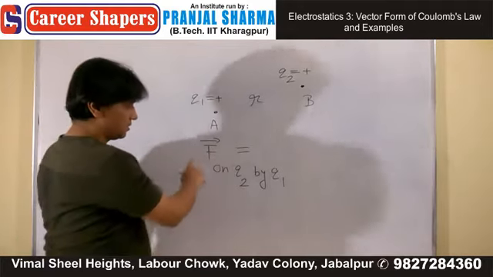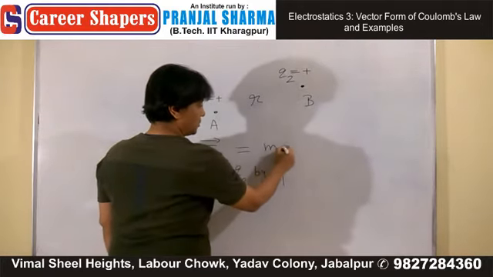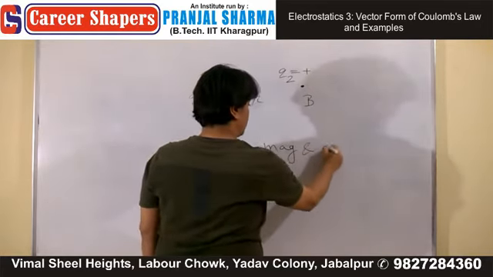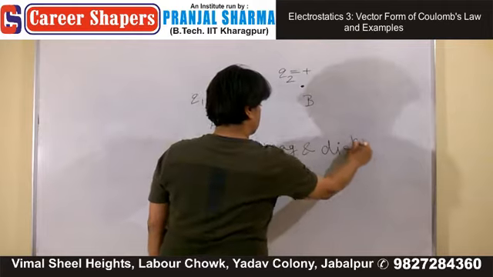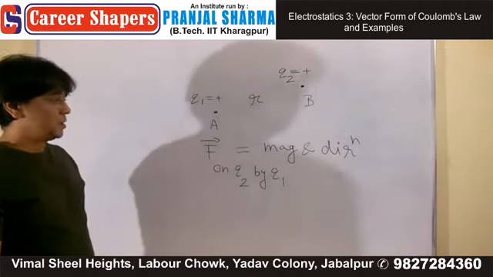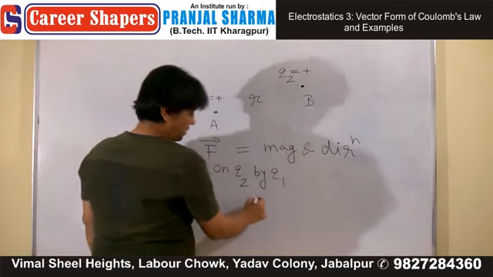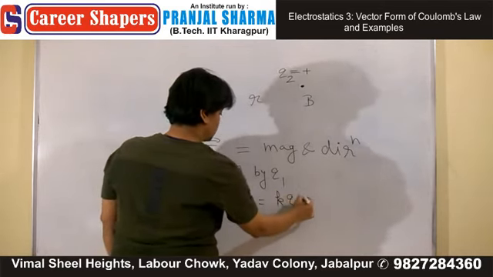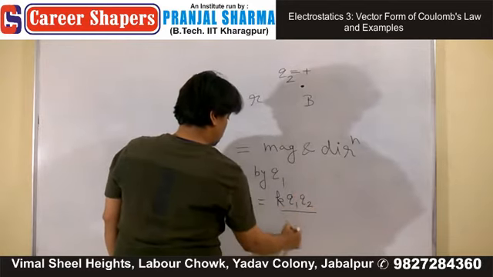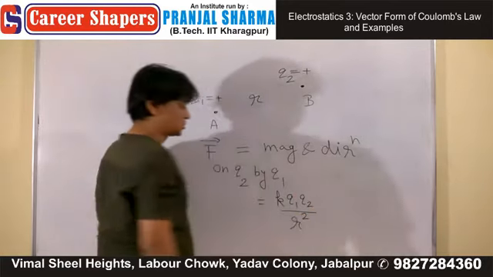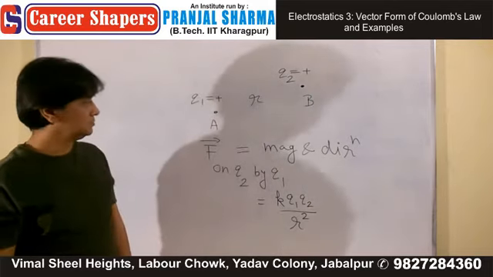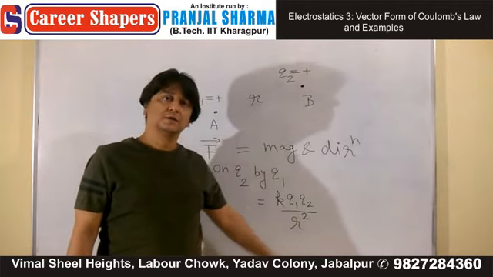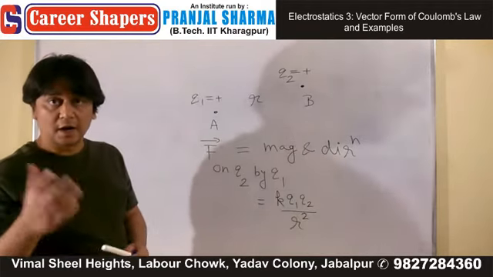Whenever you write vector form, you have magnitude and you also have direction. What is the magnitude? Magnitude is K times Q1 Q2 upon R square. That's the magnitude. Regarding direction,